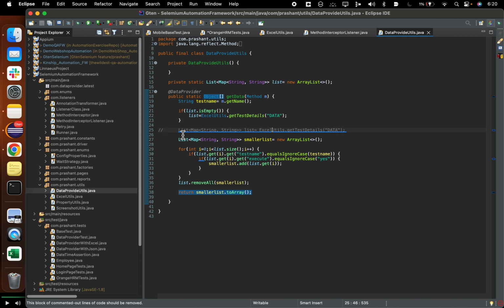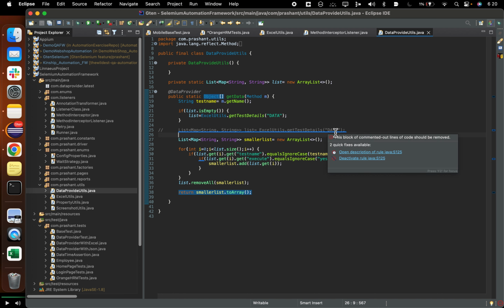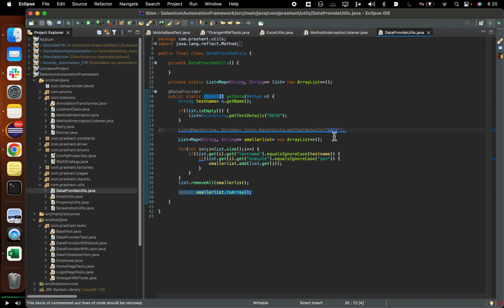So what I did was I just created a test name, m.get name. This particular get data method will be executed each time a test is executed. This you have to remember. And in this list I am getting the sheet data, get data. So you will remember why we are putting this get details data here. So what I did was